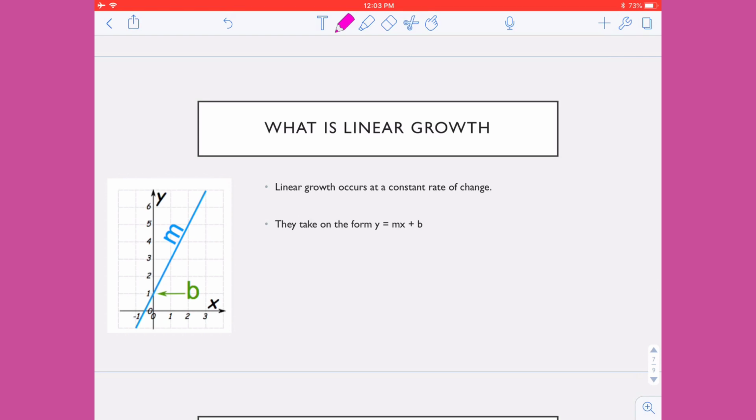When I look at the b value, I am concentrated on the y-intercept value. So I want to know, where does this line cross my y-axis? Now, we love the concept of linear growth. We love things that occur linearly, where they're constant. Again, that constant rate of change. So things are going to be changing with a pattern, adding 2 every time I increase by 1. There's this constant idea. But unfortunately, in life, if we create models for real-time data, it's very rare that we